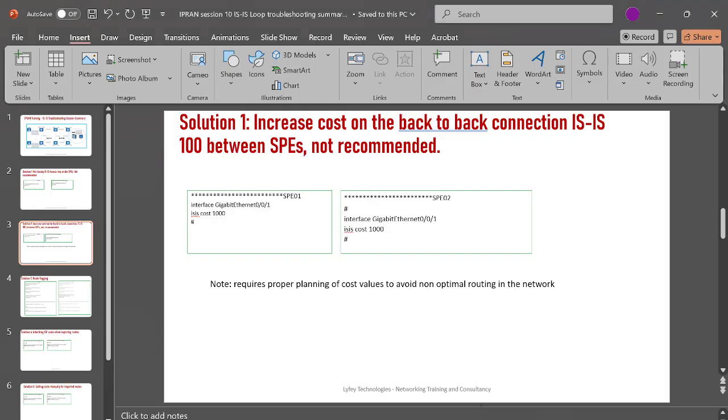So what this solution suggests is we can increase the cost on the ISIS 100 back-to-back connection between the SPEs. And again, this is not recommended. When you do this, you need to have very proper analysis on the cost planning of the entire network